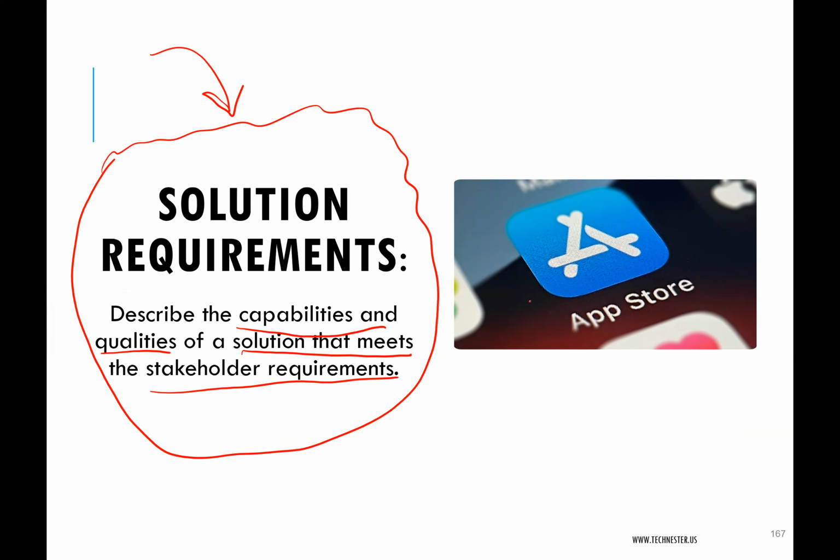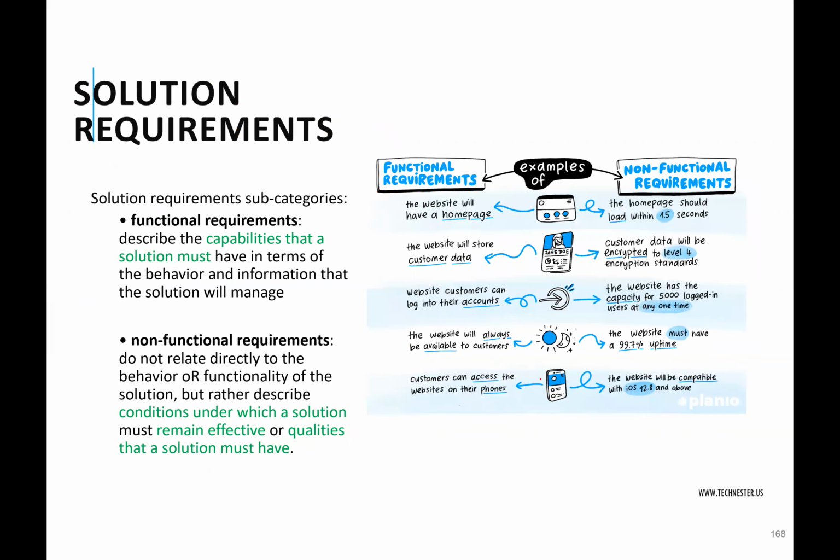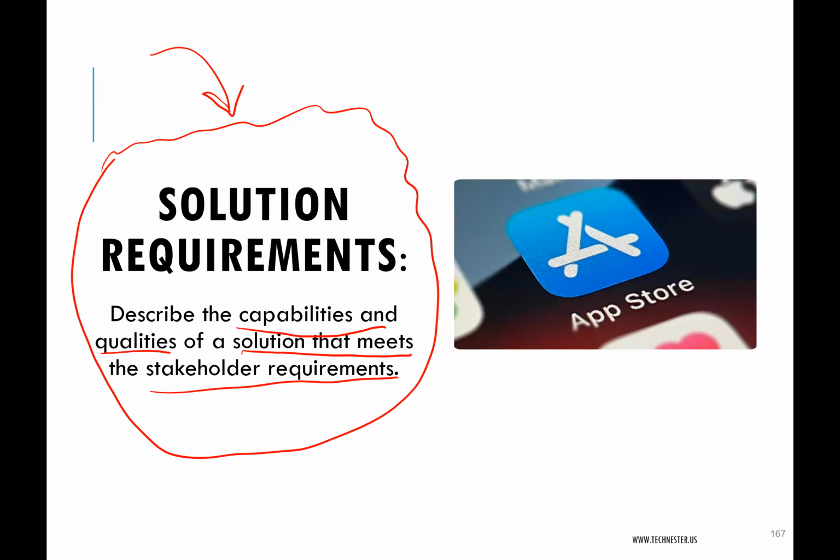Now, like I mentioned, there are two types of solution requirements. You have the functional requirements and you have the non-functional requirements. Before I get into this, depending on the environment you're working in, you will find some organizations say, go and write the business requirement for this. They already have the functional requirement. They already know what they want to do, or the feature they want to release, but they need to justify it. So they'll say, go and write the business requirement.